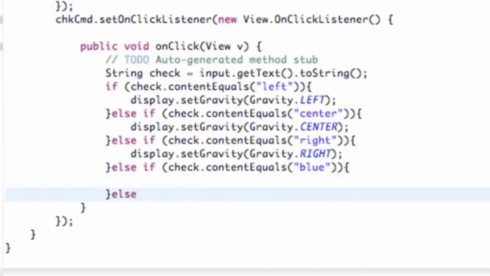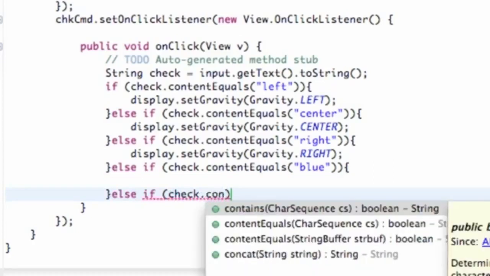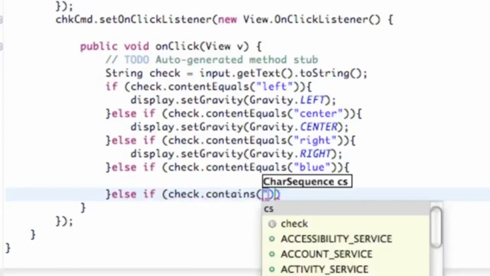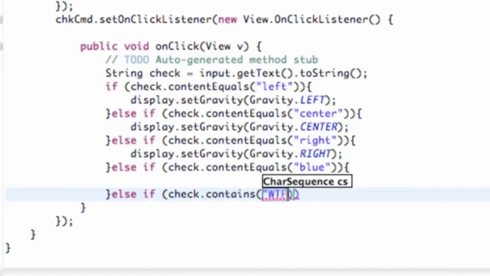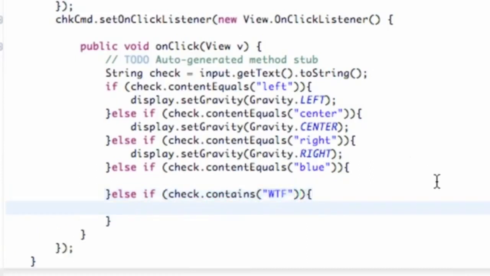So again, we're just going to say else if. We're probably going to learn about setting text in this tutorial as well, even though you guys already know that, I believe. So we're going to call this one else if WTF, all uppercase, and that stands for where's the fridge. So we're going to create if the text equals where the fridge,